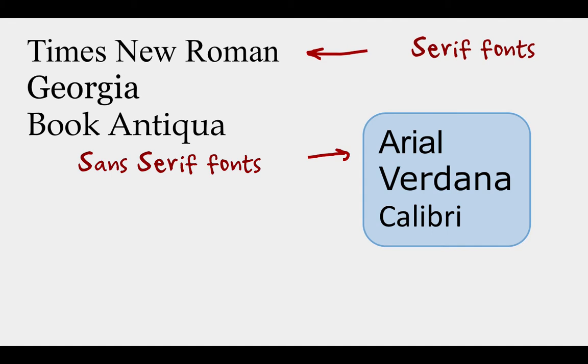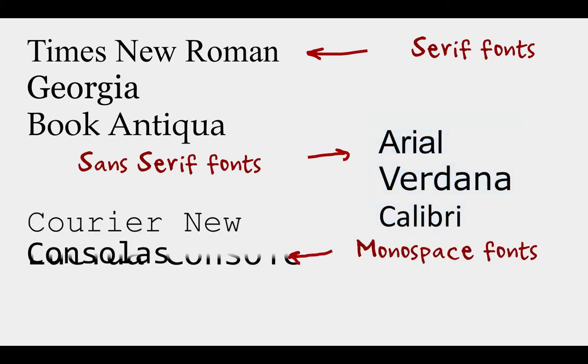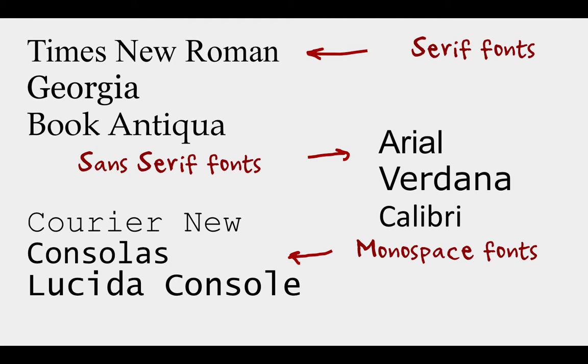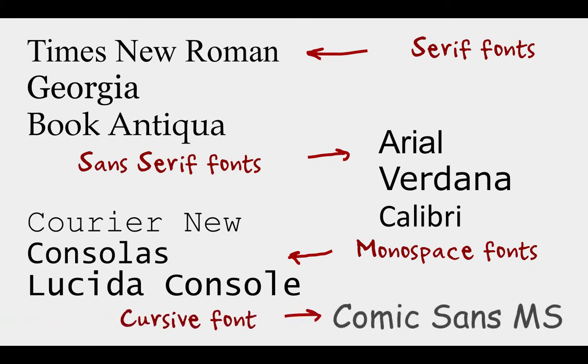Those two families of fonts are not the only ones. To present computer code, a monospace font in which all letters have the same width works best. Some of these fonts, such as Courier New, have serifs. Others only have serifs to make narrow letters such as I or L look wider and avoid unpleasant visual gaps between letters. Finally, you also have fancy fonts that don't fall neatly into any of the previous categories. Comic Sans, a fancy sans serif font, is an example, but also the red handwritten font that I've used to write font family names.